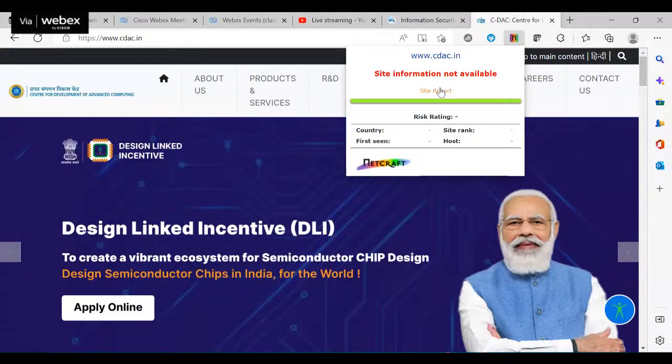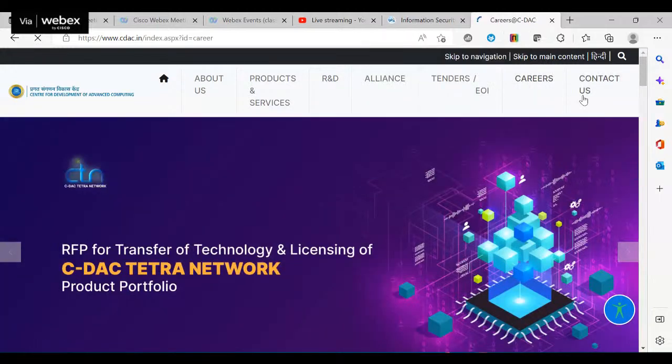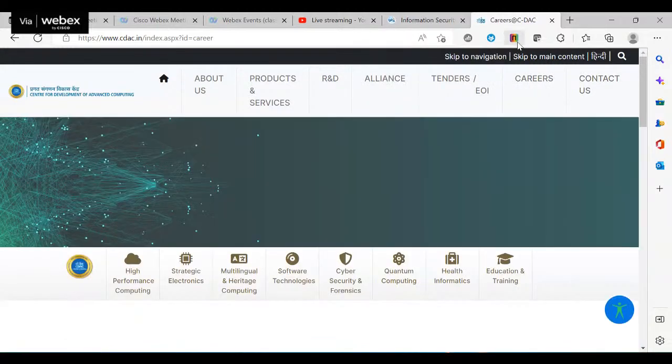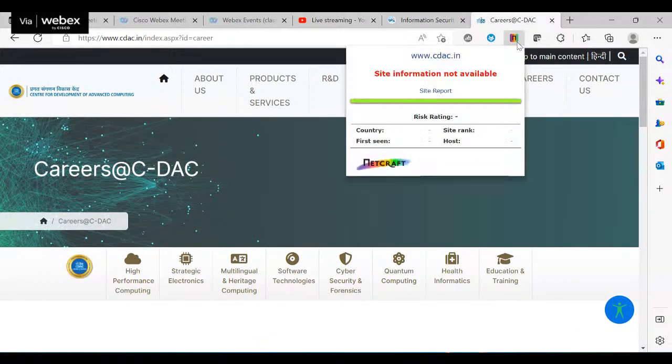I think there is some issue with this extension. I don't know why it is not working. Otherwise, this extension will give you more information on whether the website is a correct website or a fake website, right?